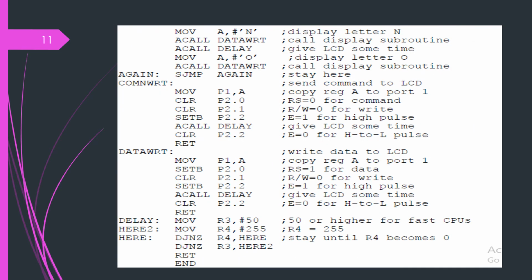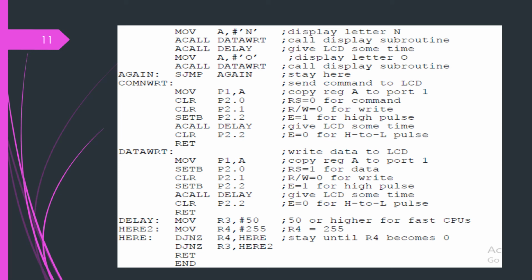Then move A, say some letter, since I want to show some message. One letter I have taken here is N. So display the letter N directly in single quotes as immediate data. As immediate data, you can transfer that letter into the accumulator. From the accumulator only, it is going to get transferred for display purposes. Then call data write. Earlier, the commands associated with the cursor, display, clear and the 5 by 7 matrix selection were given via the command routine, and now we want to display data.